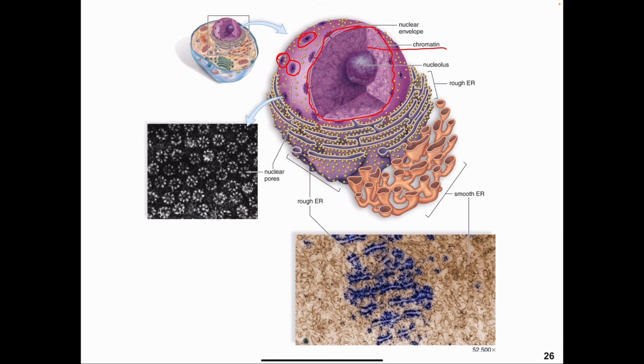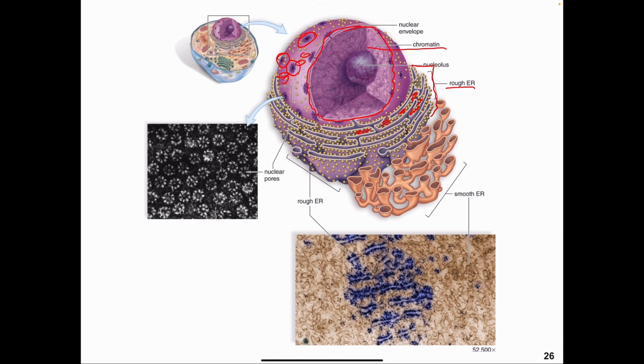We're going to have ribosomes in yellow that are attached to the envelope, but they are also attached here on the surface of the endoplasmic reticulum, causing the endoplasmic reticulum to look rough. That rough endoplasmic reticulum, because it has ribosomes attached to it, is going to be involved in protein synthesis,